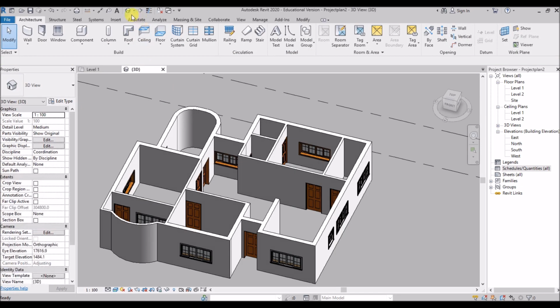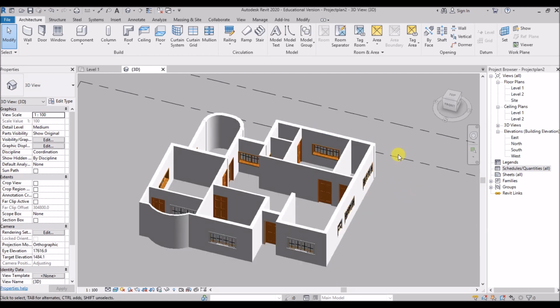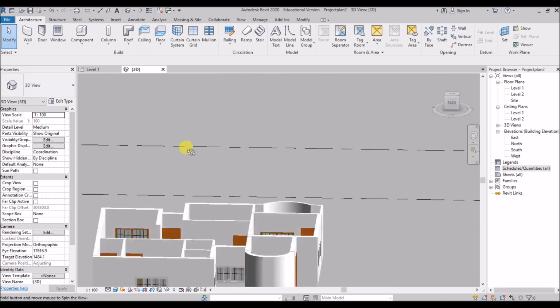Now you can get into 3D view and then orbit to have a look.